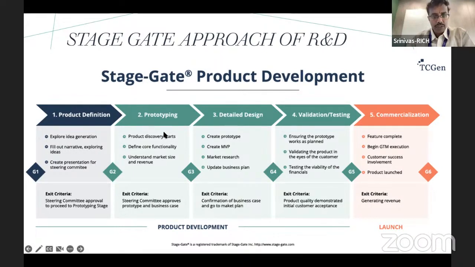Once the product definition is done, then you go into prototyping, which is developing a minimum viable product. And what I mean by minimum viable product is, say, if you look at this smartphone today, it is well evolved, but it wasn't this way in the beginning. A touch screen would have been much smaller. You would have had keys and touch screen together. And so what I'm trying to say is that a minimum viable product probably will just have a touch screen which can do only one function, that is, it can only make a phone call and nothing else.